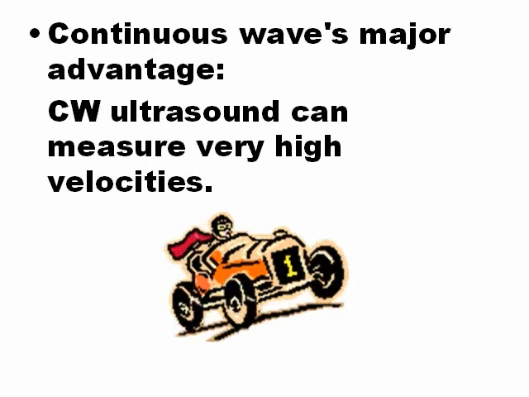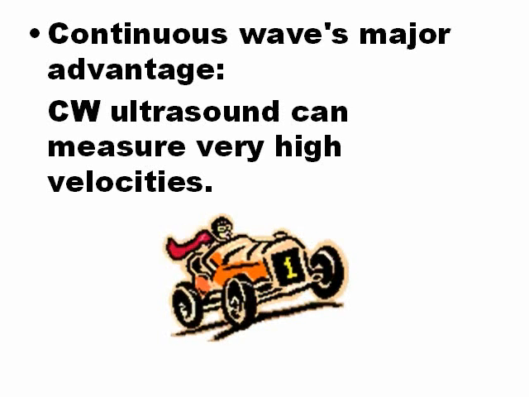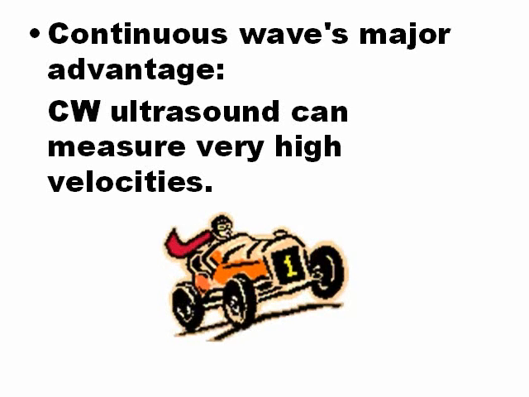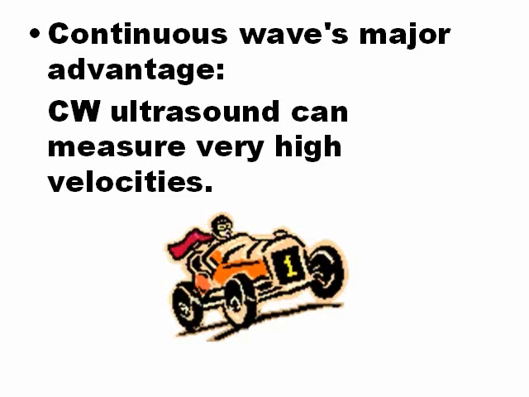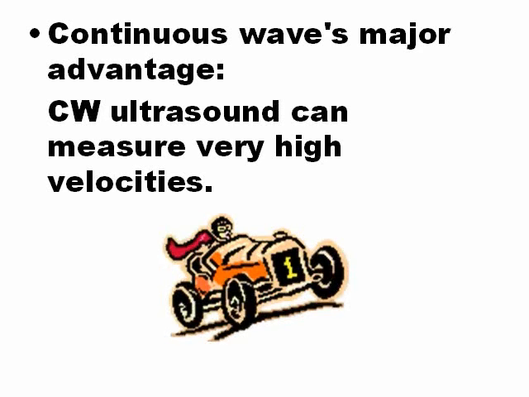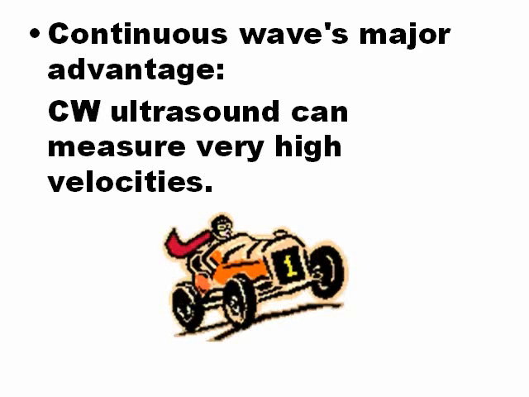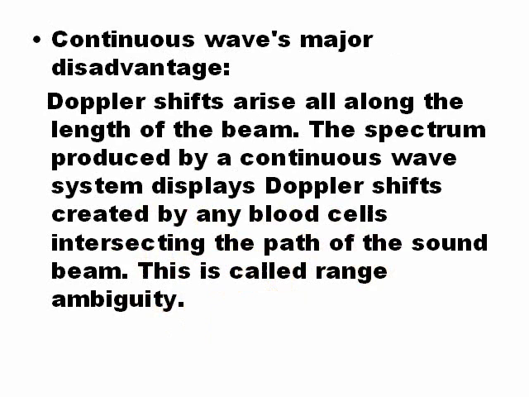The continuous wave advantage is that it can measure high velocities, and remember that high velocities are important because that is where stenosis is. The major disadvantage of continuous wave is that you don't know exactly where you are measuring. This is called range ambiguity. Range ambiguity means that you are not sure what area of Doppler